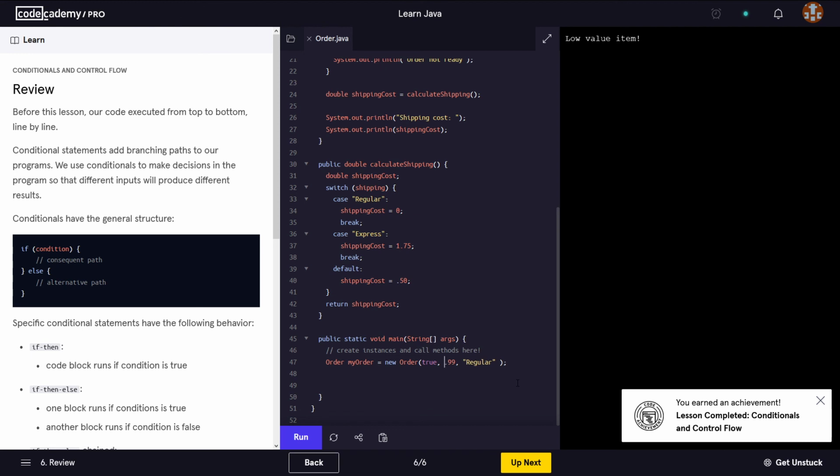Low value item. Let's say $15.99. And then let's say myOrder dot shipping. Let's see if this is gonna run, even though we have to sys out this one. So System dot out dot println. Okay, let's try